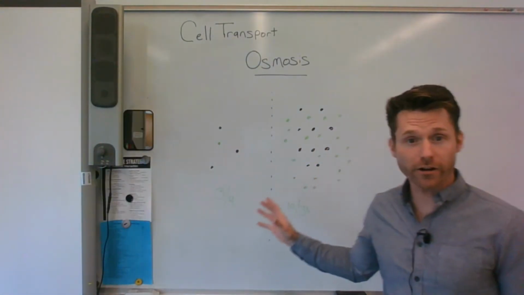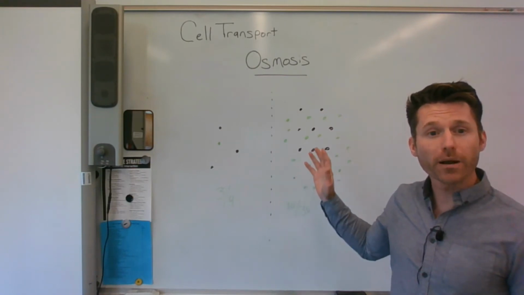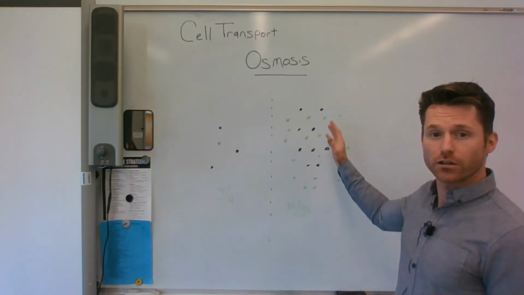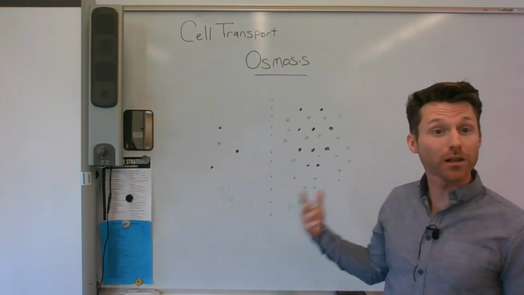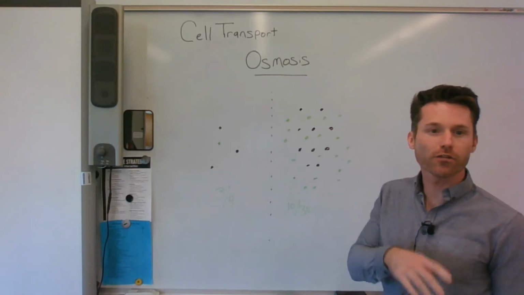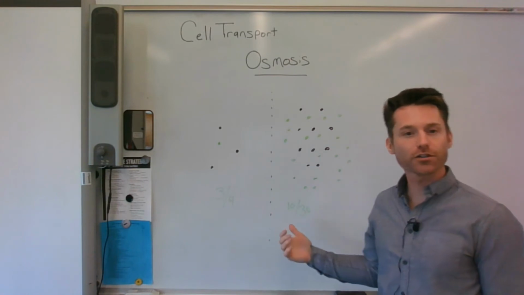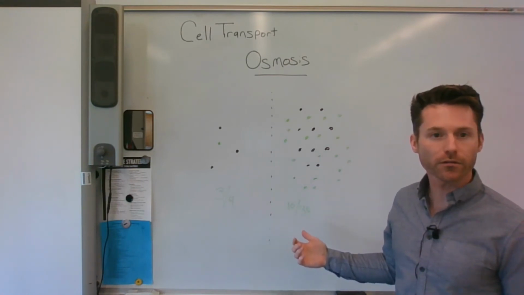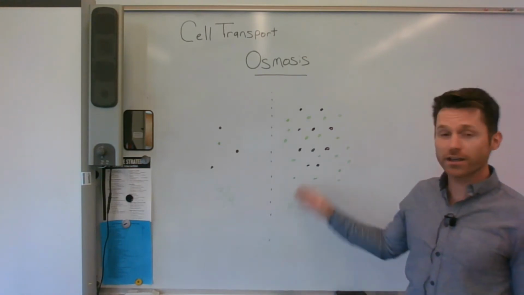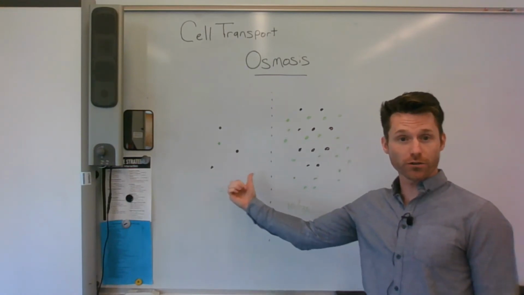Now, over here, I have 10 black dots, but I have 20 green dots. So overall, I have 30 dots, and only 10 of them are black. So over here, I have roughly 33.33% black dots. So my concentration is only 33%. So 75% versus 33%. So even though there's more black dots on this side, the black dots are going to move this way